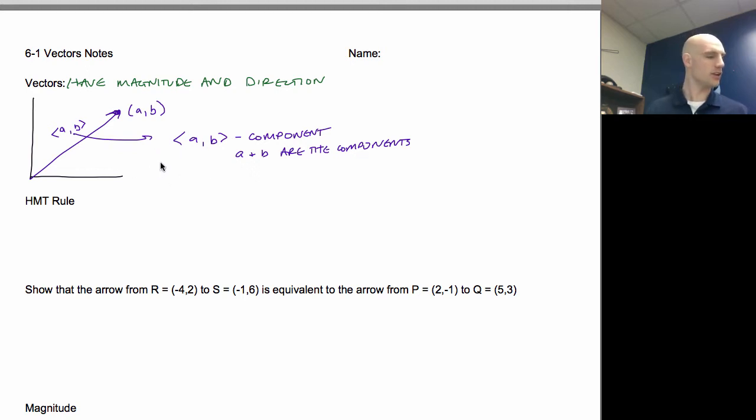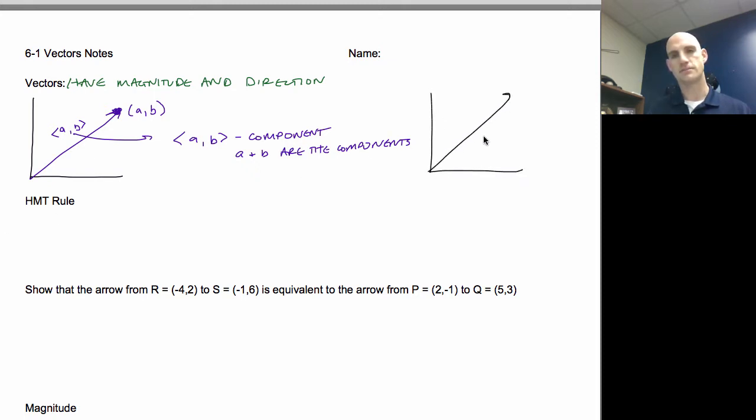So as we look at this, we have a point that they go to. So if a vector has components of A and B, it is going to go A to the right or A to the left. A to the right and B up is going to get us to a specific point. So with vectors, we're talking about a couple of different things, and we're going to see that they form angles here. But the thing that we need to really remember is that